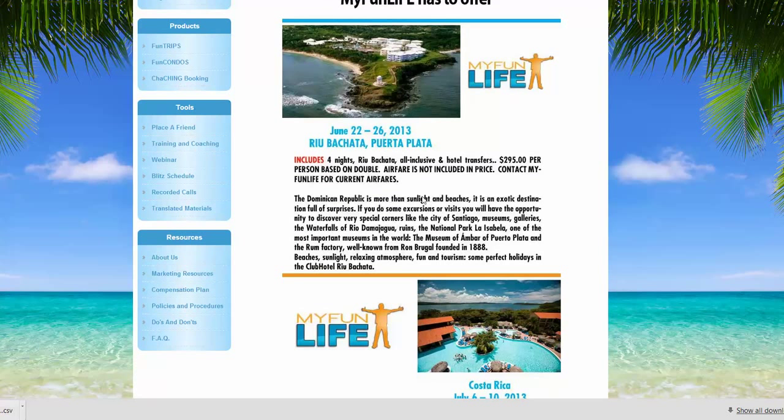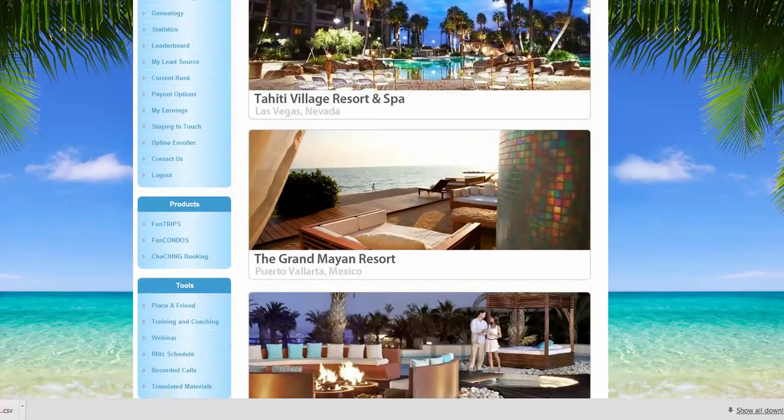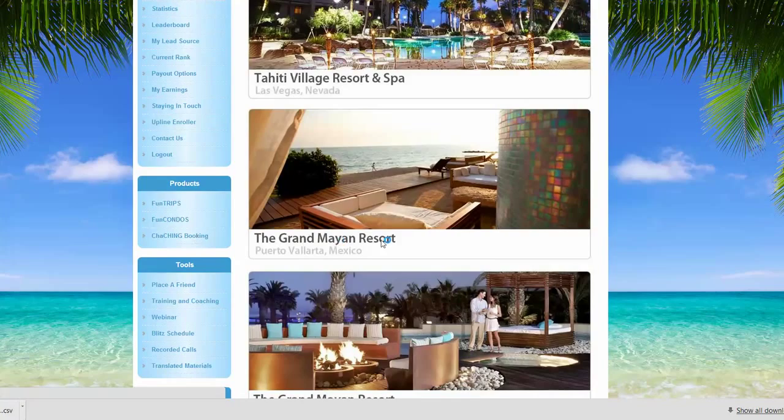I don't know if that's an example or we actually have one. I have to take another look at this. Fun condos, these are samples. And then Cha-Ching Booking, you can look at it in your back office, but